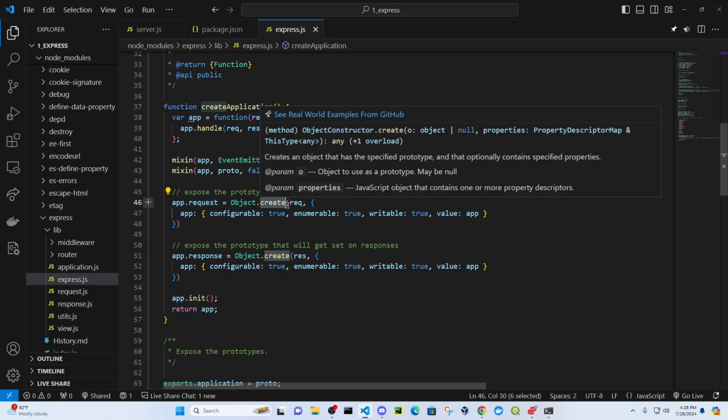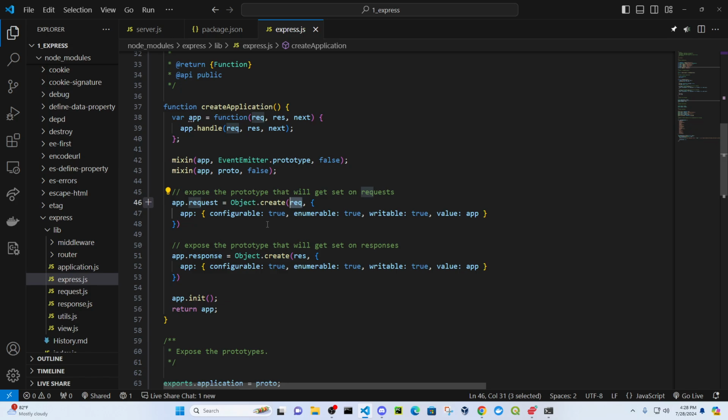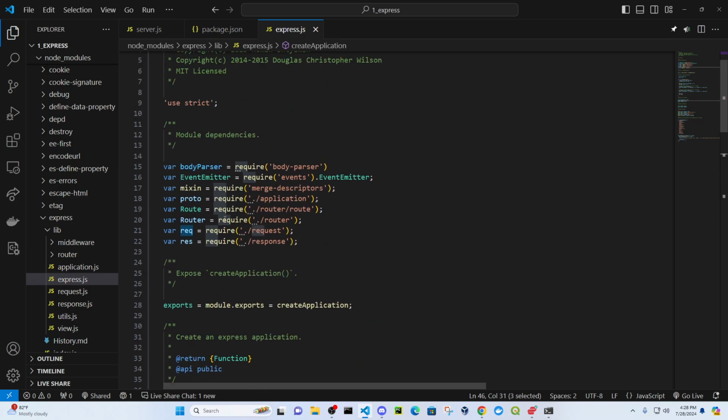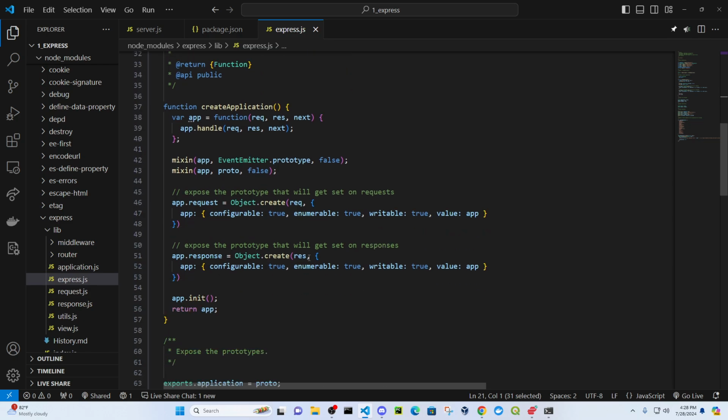They're creating an object, passing in the request. If you come up here, you can see they're getting the request object from the /request file. They're using that to create the object, and then they're adding just some configuration details